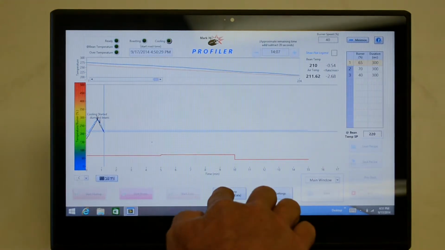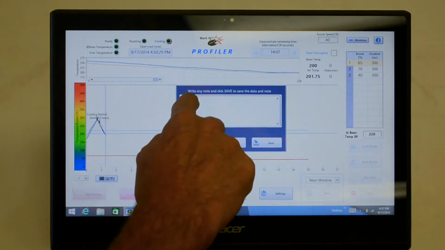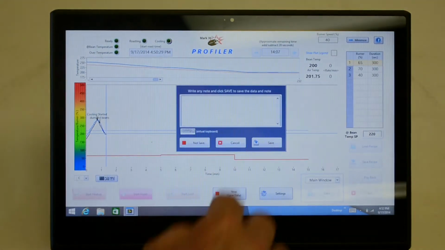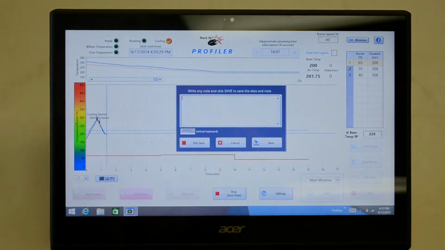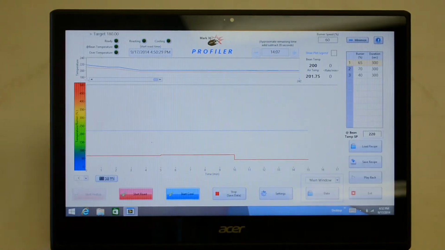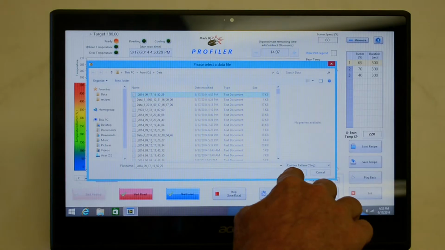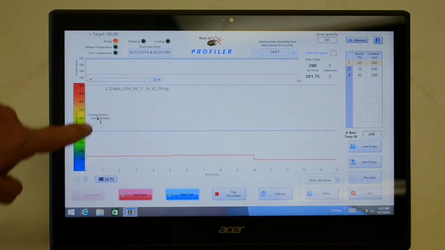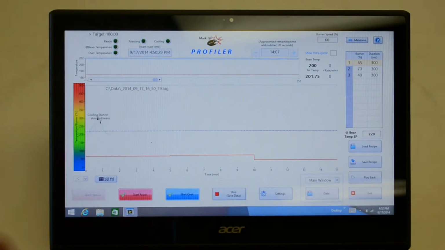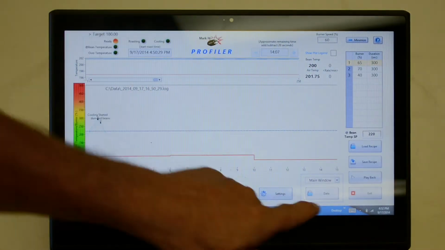Okay, now that the roast is completed, we're going to want to save that file, and maybe we'll make a note that in this particular case, let's say it was a little bit too dark. And now it's saved permanently. Now we can always go back in and load that file up, and we can see it. See right there is the history. This is what we're going to do on the next roast. That's what we did historically. Now we can also